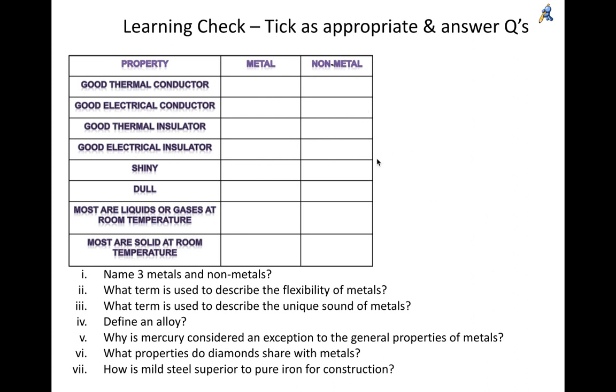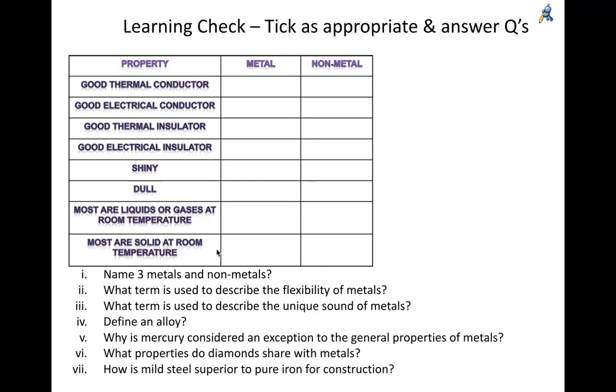Good electrical insulator, again, non-metals. It stands to reason because a lot of plastics are used covering wires so that they insulate you and prevent you from getting shocked. Shiny: metals tend to be shiny, or lustrous is the technical term. Dull: non-metals tend to be quite dull in color. Most are liquids or gases at room temperature. We said they are non-metals, and most are solid at room temperature. They are